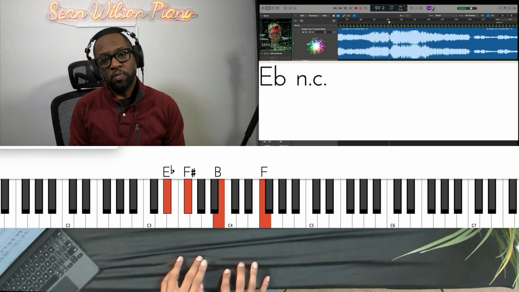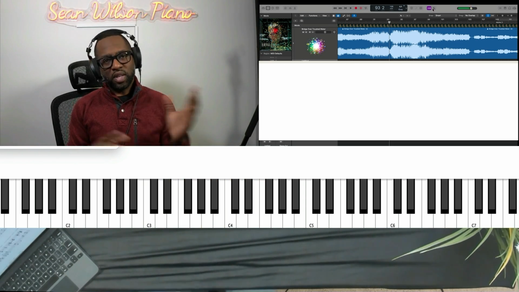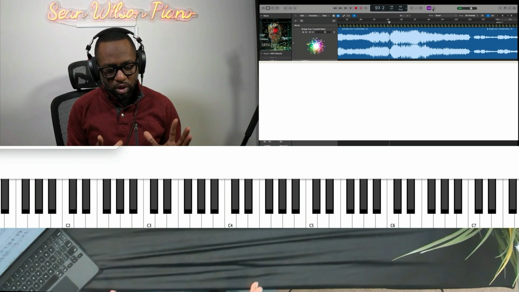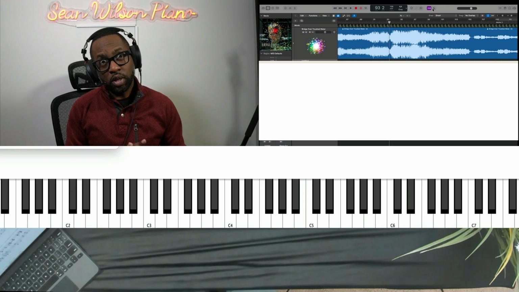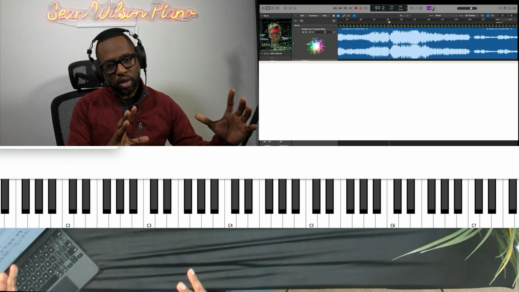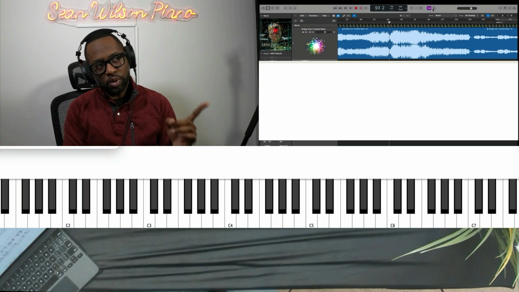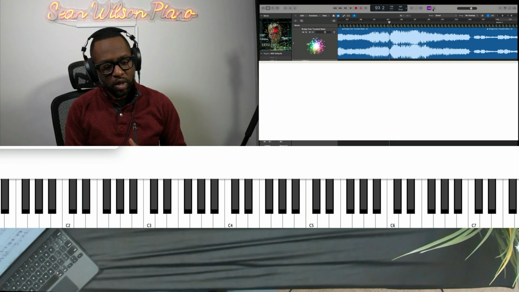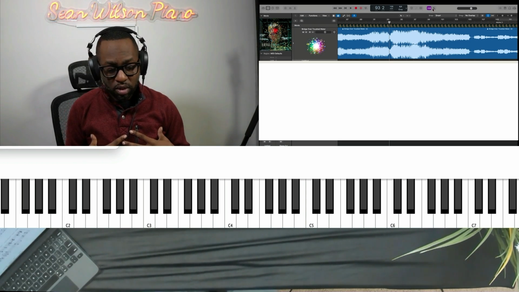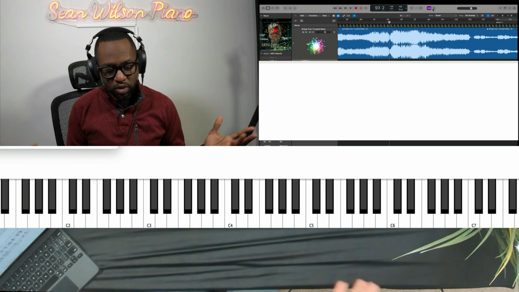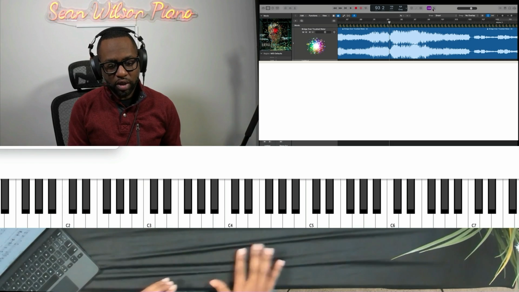He has this approach, right? But what I want to do is focus on where I would use that. I see this bridge as being three sections. The bridge in itself takes the song from E flat to B, but even within the bridge, he has all these changes, and this is stuff that we can use as musicians. So if we're on the end of Amazing Grace, for instance, in E flat,